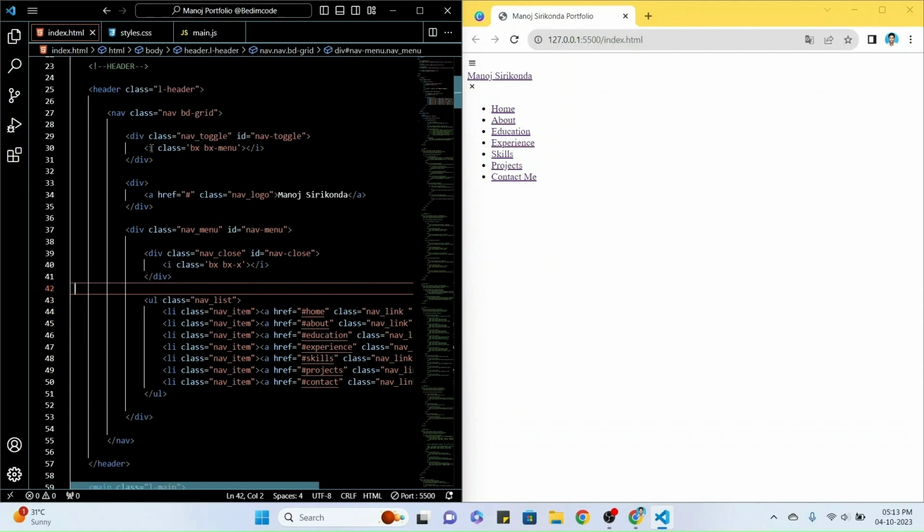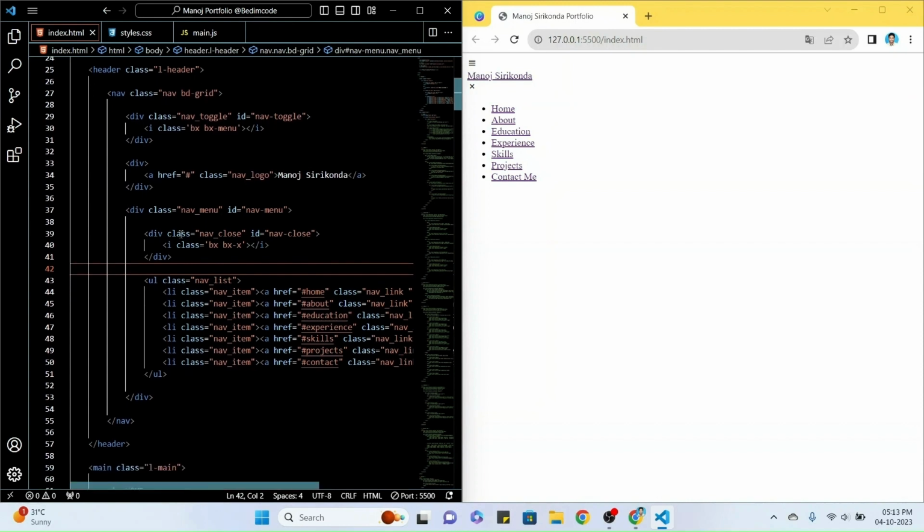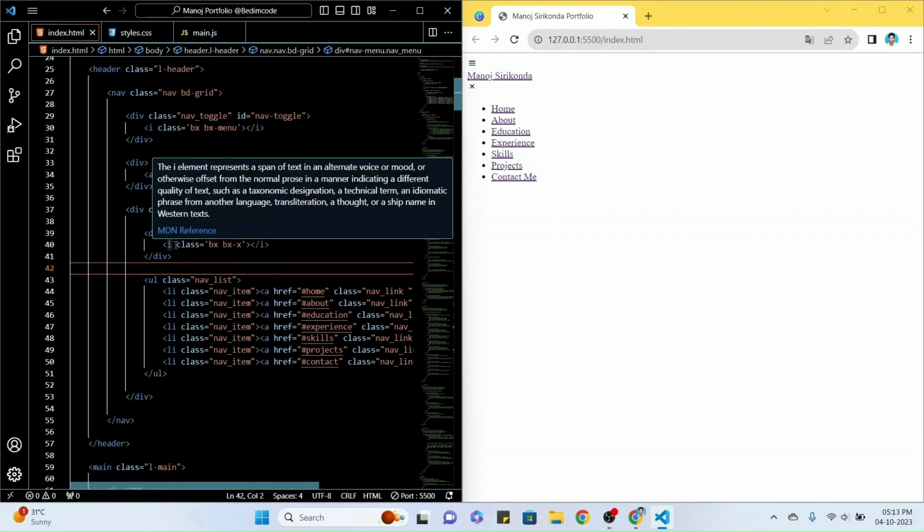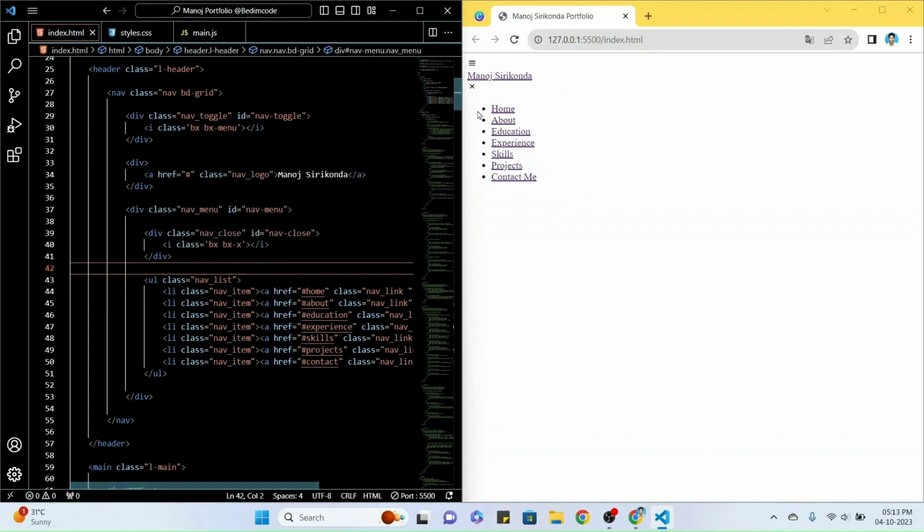In the first div tag you can see here, this is the icon tag. I have copied this icon from Boxicons. As you can see here, three lines. This is the icon bx-menu. And in the next div tag you can see here our logo, Manoj Sivkonda. And in the next div tag you can see another icon, bx-x, for